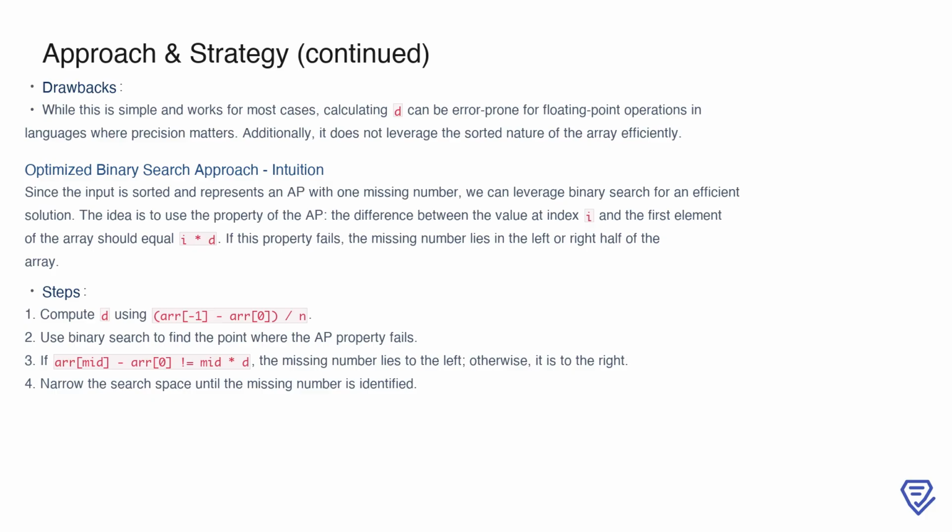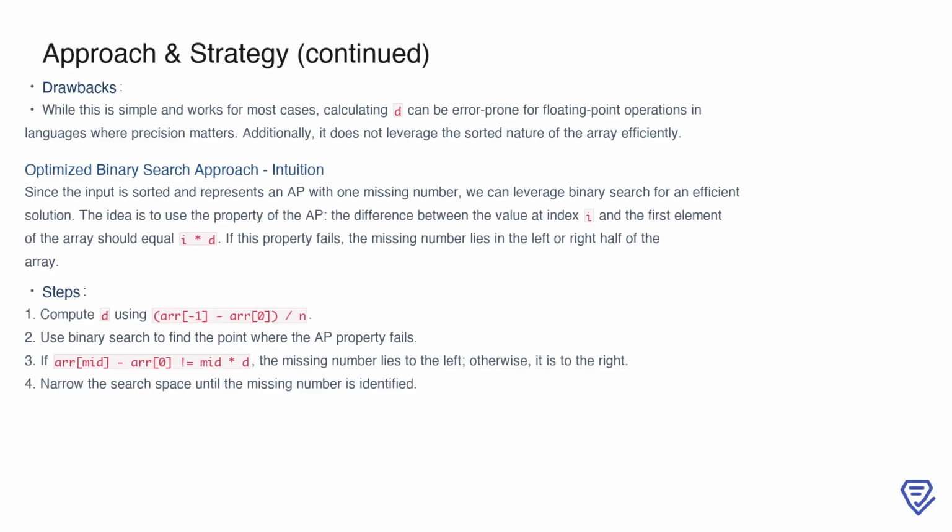Now, we can consider a more optimized solution using binary search. The idea here is to use the properties of an arithmetic progression. Specifically, at any index i, the difference between the value at that index and the first element of the array should equal i multiplied by the common difference d. If this property fails at any point, the missing number must be in the half of the array where the deviation occurred. Using this property, we can systematically narrow down our search space with a binary search algorithm to efficiently